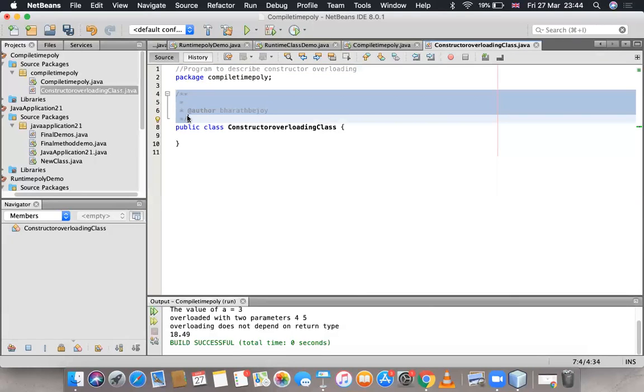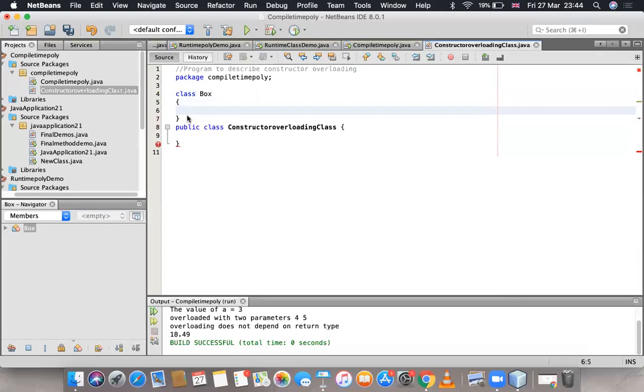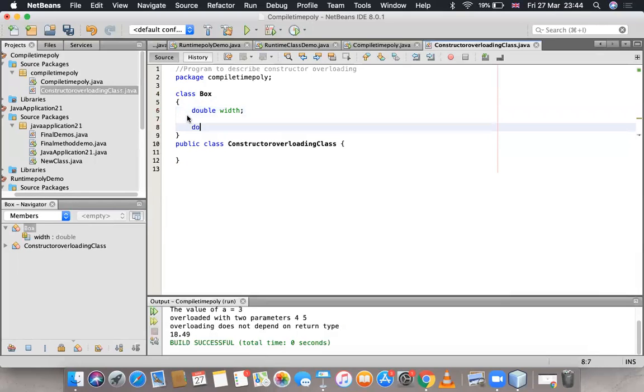So let me write one box class, that is class Box. Now in this Box class, I'm going to declare three variables. What are the different parameters that we usually declare for a box class? That is width, double height, and then double depth.